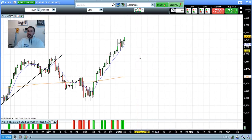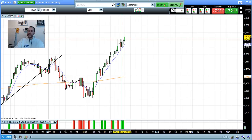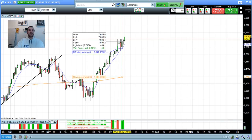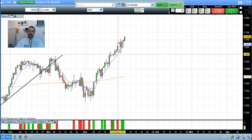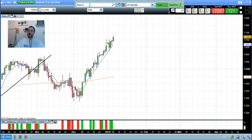So for coming into next week, the first thing to go over is we are in an uptrending movement. When this is happening, it's important not to try and pick a top just for the sake of picking a top. A lot of people can see a movement like this and they start to think things like, surely this can't continue, surely the sellers are going to step in. They start just trying to sell into the market and it never ends well. So